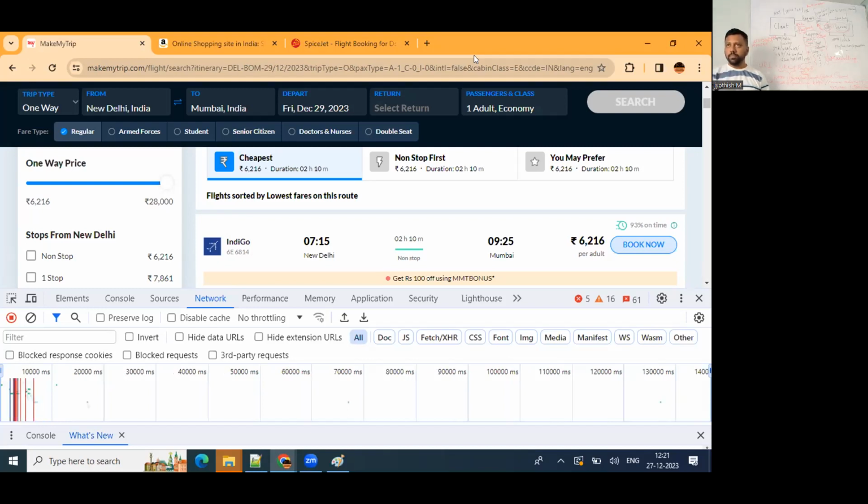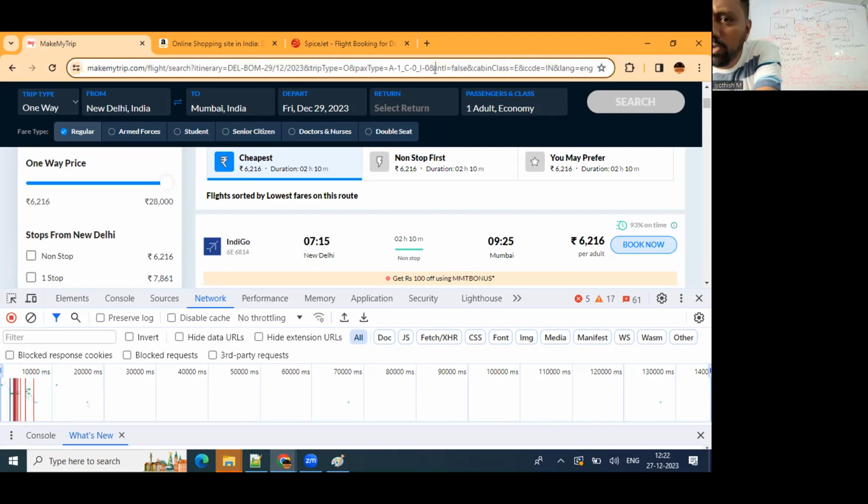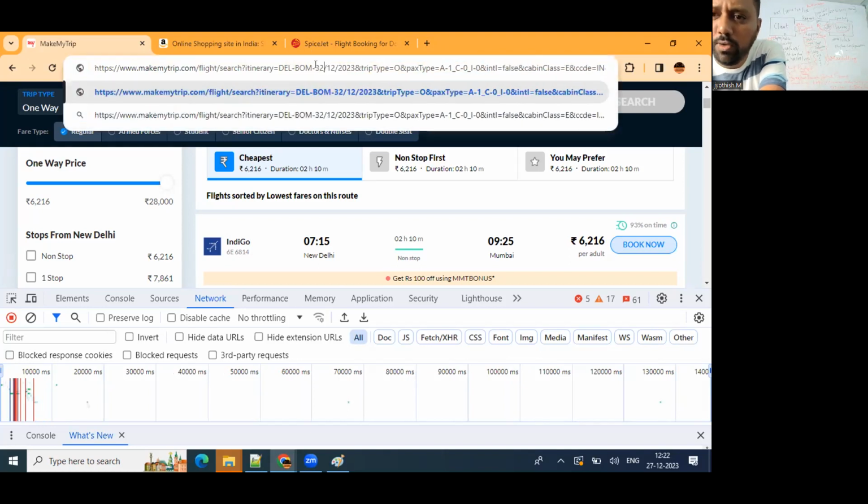No. They will do a fishbone analysis or debug it stage by stage. First, they will check: is your query parameter correct? Is your URL correct? Are you sending the HTTPS, whatever is required? Say for example here, if I give not 29 but 32,